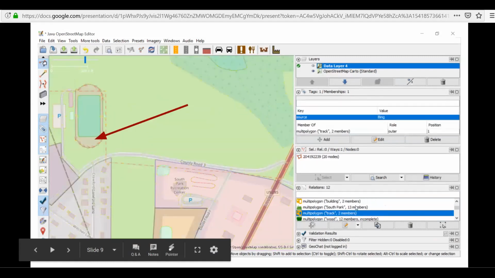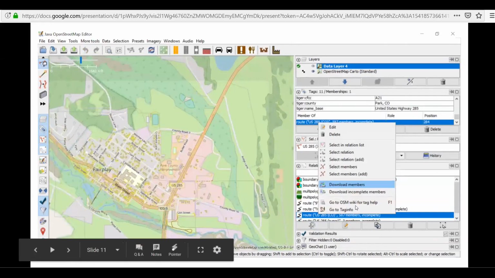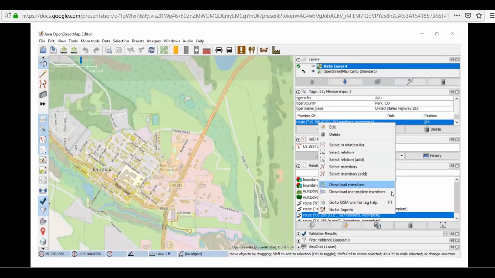And what that means is that you are not looking at all of the members. Some of the members that you're looking at now are part of this relation, but you don't actually have all of the members that make up the relation downloaded. So especially when it comes to boundaries or larger features, you're going to want to make sure that you have all of the members downloaded so that you can visualize them in JOSM, and you don't accidentally disconnect one that you don't have downloaded